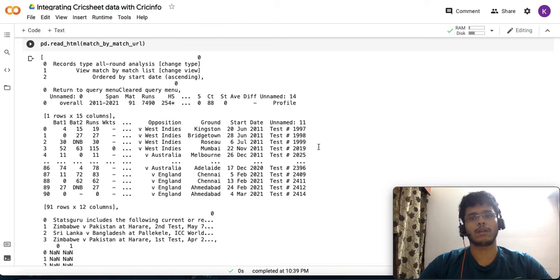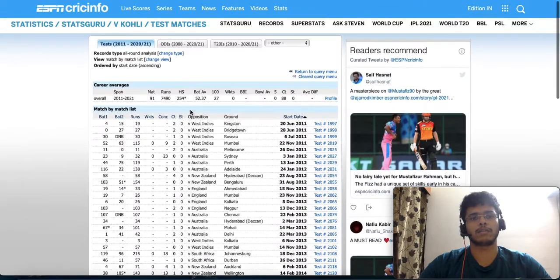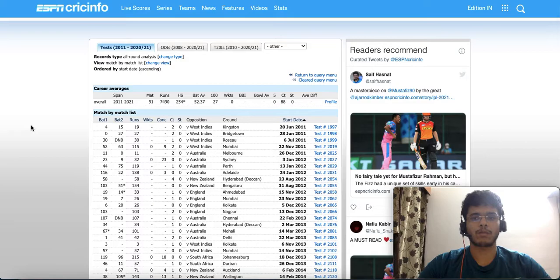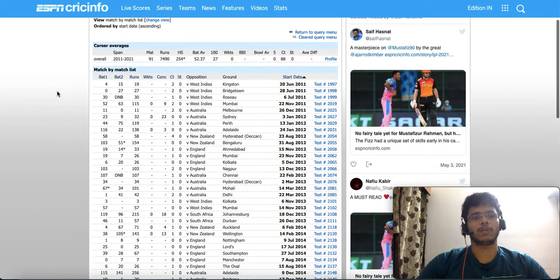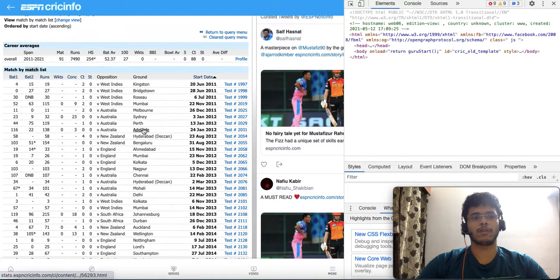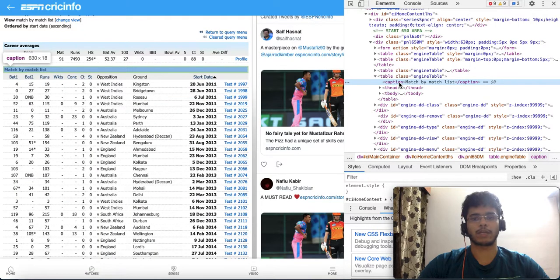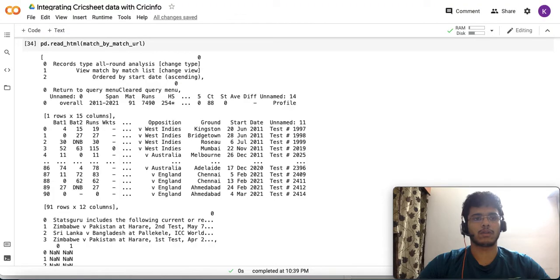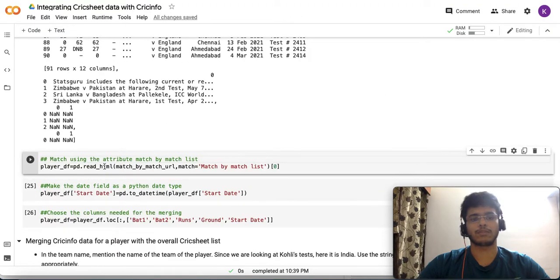Now, we are particularly interested in this table which has a set of dates. So what I'm going to do is head over to this page and check out what is this table name. And when I click inspect, as we've seen in an earlier video, how do you right click and inspect a particular page? I know that this table goes by the name of match by match list, and that's exactly what I'm going to paste onto this pandas read HTML command, where I want the phrase to be matched on this particular line. So do check out this pandas read HTML.